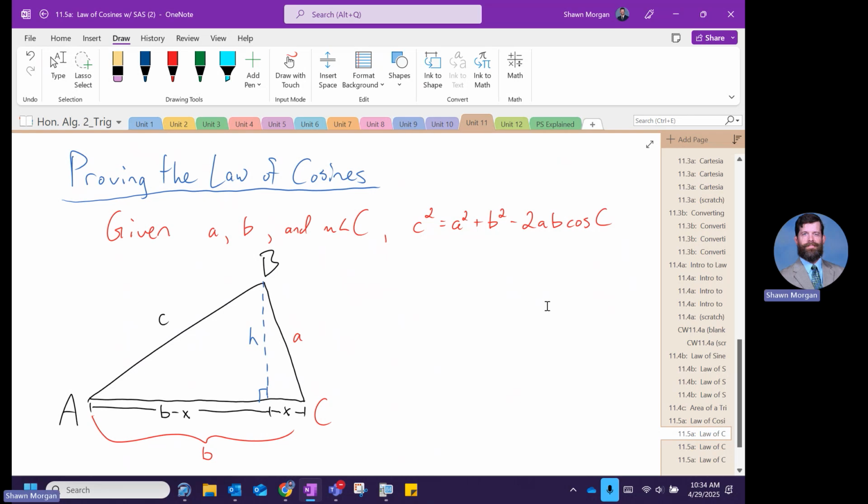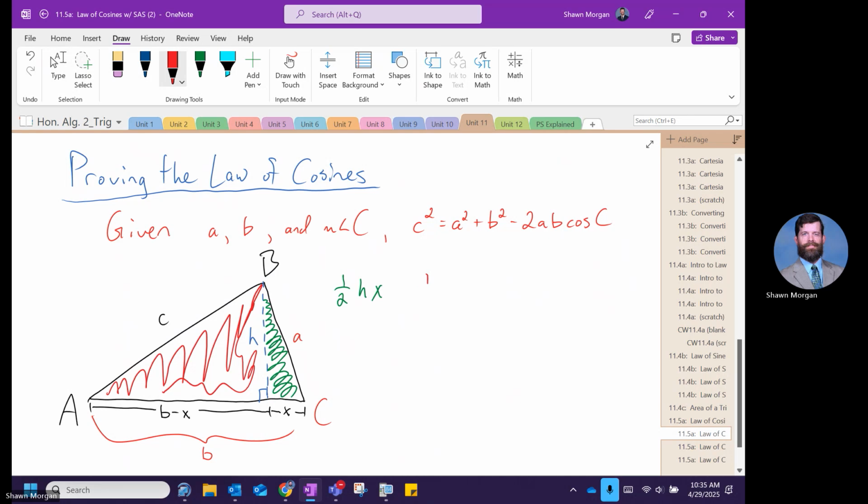Now, what we're going to do in this proof is talk about the area. I bet that Andrew remembers the area of a triangle. What's the area of a triangle, Andrew? Very good. 1/2 base times height. So what would the area of this triangle be? 1/2 h x. Now, what would the area of this triangle be? 1/2 h (b minus x). And if I added those two together,